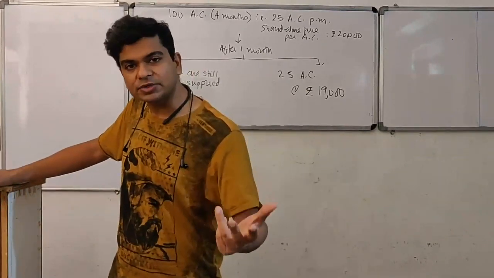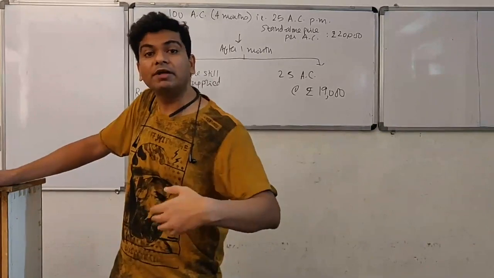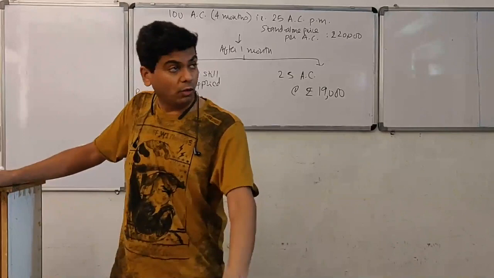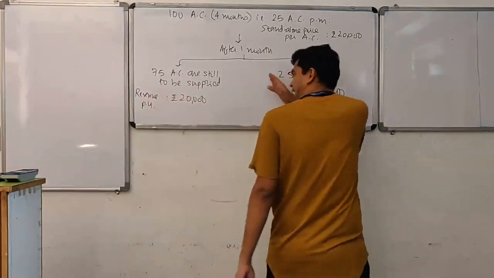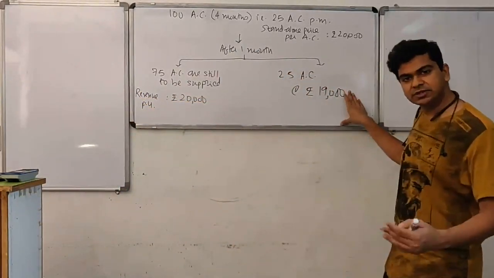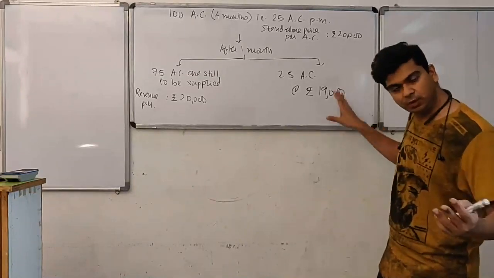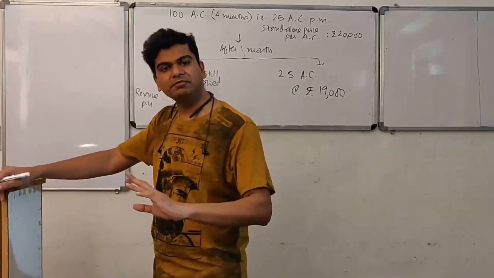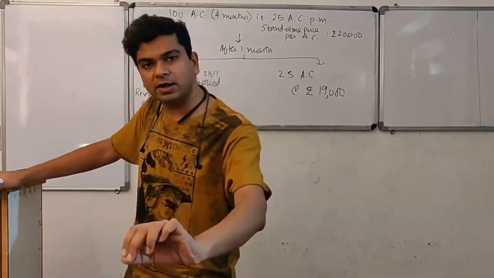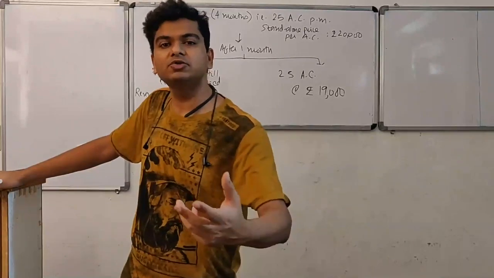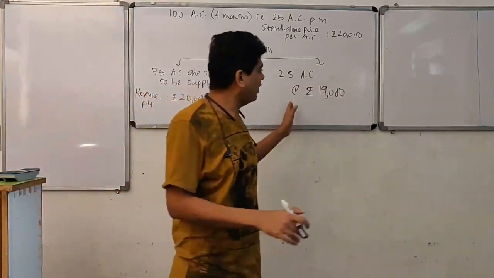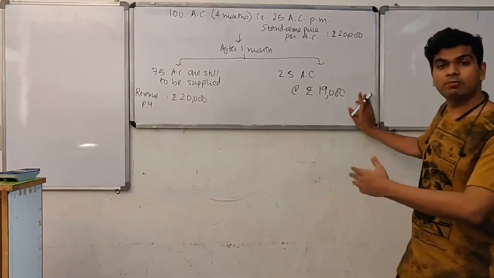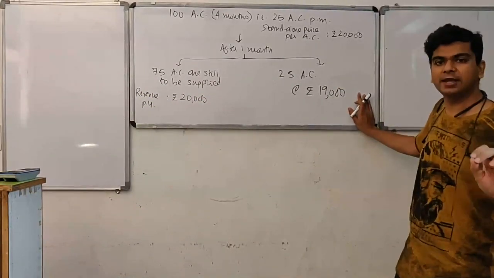Now you as a supplier have to decide whether you want to modify this contract or you just want to terminate this particular contract. Now, our calculation shows that if I tell no at 19,000, then I'll unnecessarily lose that revenue. So as a supplier, we tell our customer that, okay, fine, no problem with it. I've already given you 25 air conditioners. In the next month, I will give you another 25 air conditioners, and that too at rupees 19,000. 19,000 of course is reflecting the stand-alone price at that particular point of time.